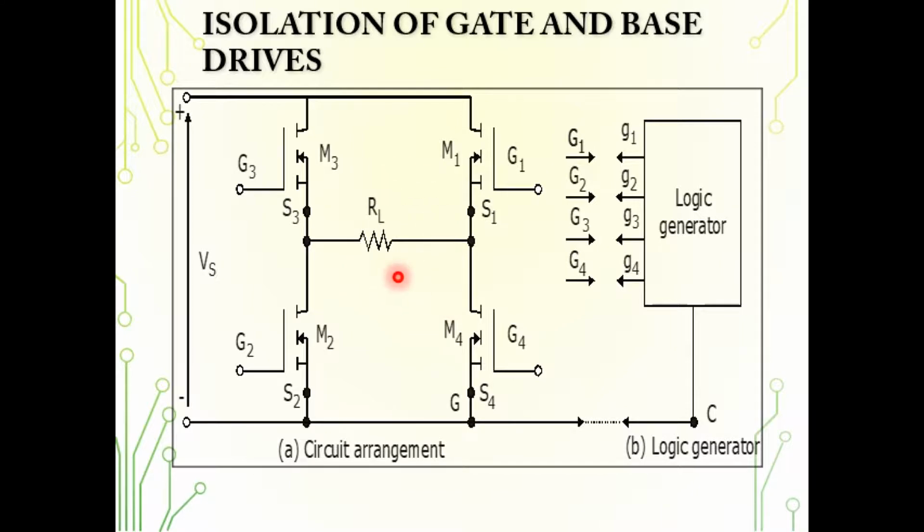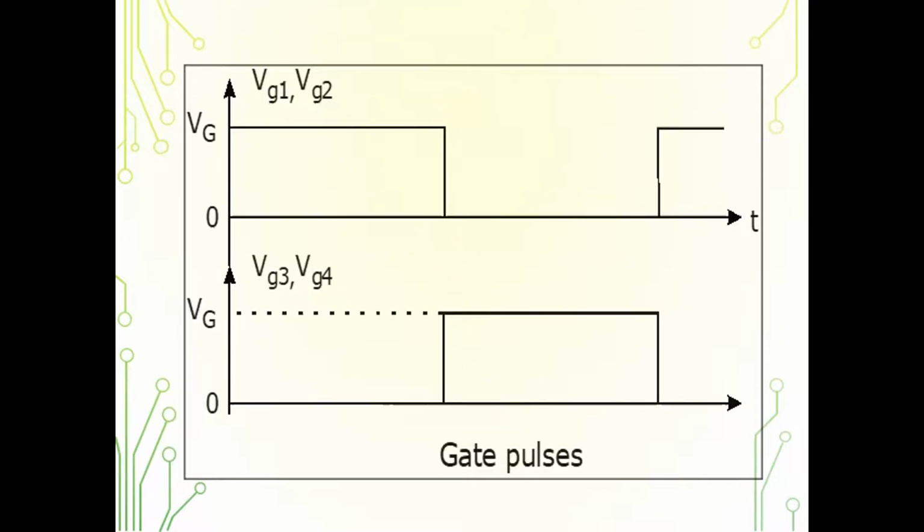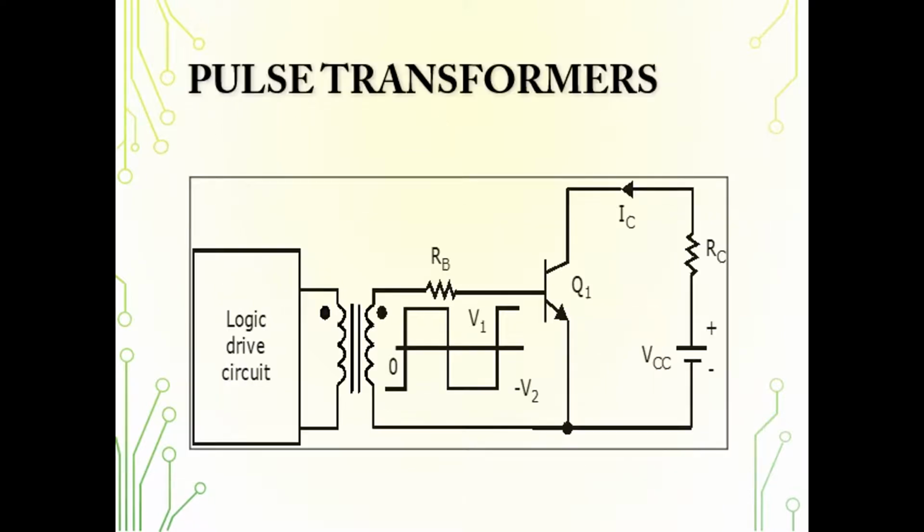Okay, this inverter circuit carries a large power, whereas this logic circuit which generates only the pulse which is required for either the gate or the base drives, in case of BJT, carries very low power. So obviously we need to have an isolation between this logic circuit and this particular power circuit. So how can we achieve this isolation? So see here, this is the gate pulse which is generated from the logic circuit which is being applied to the circuit which was earlier shown.